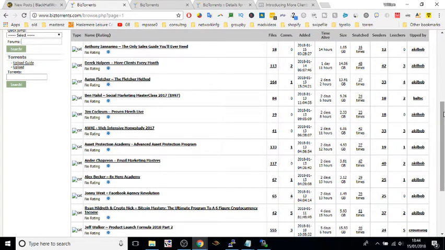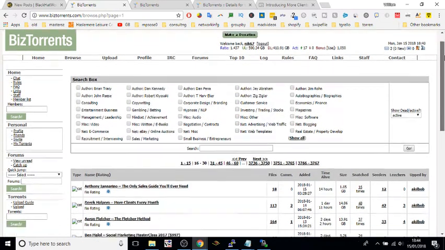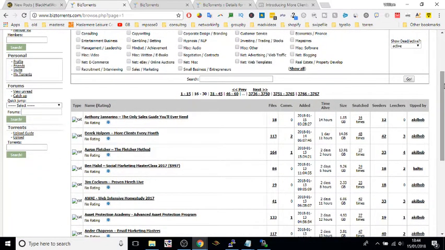So I spent a bit of time thinking about how I was going to get a better ratio, and now I actually have an amazing ratio of 1.4 after doing all this work. The method I'm going to show you is specific to BizTorrents, but it will probably work on many other sites as well. So what you need to do first of all is go onto YouTube